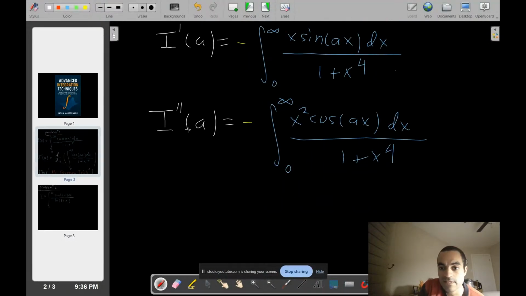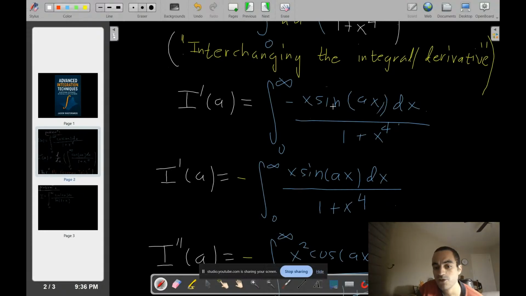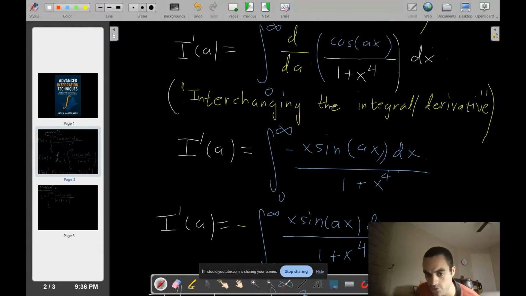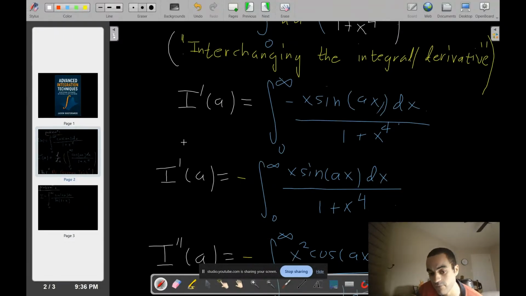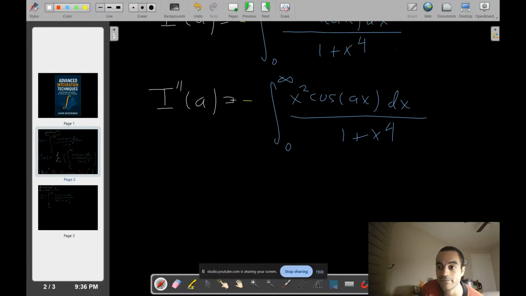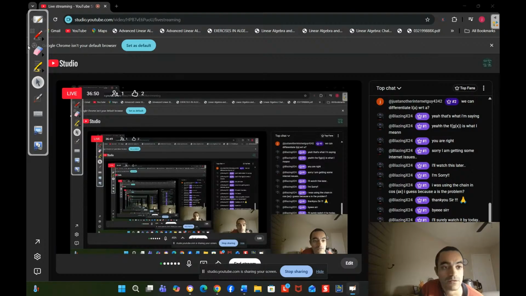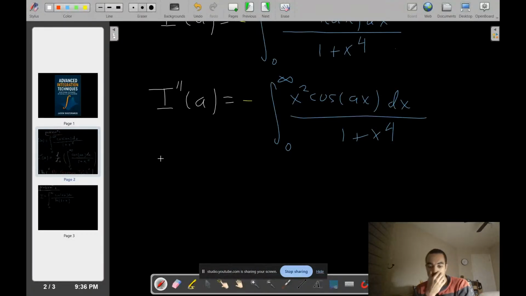When I differentiated, I was still not able to integrate, because after you differentiate both sides with respect to the parameter a, you should be able to integrate with respect to x. Unfortunately, we're not able to do that. So by the Feynman trick, I can differentiate my integral I, defined as a function of a, n number of times until I figure out a way to get past this monstrosity of an integral. So that's what we're doing right now. We have I double prime of a.